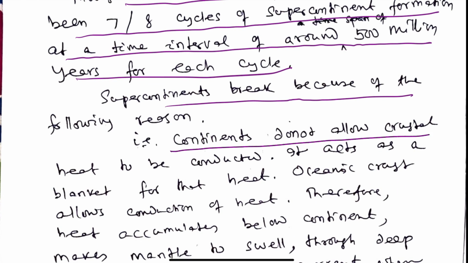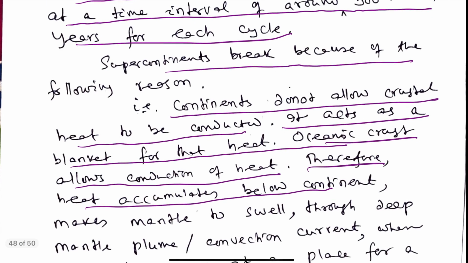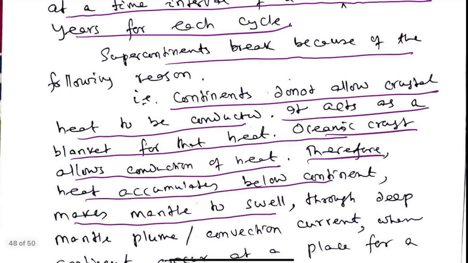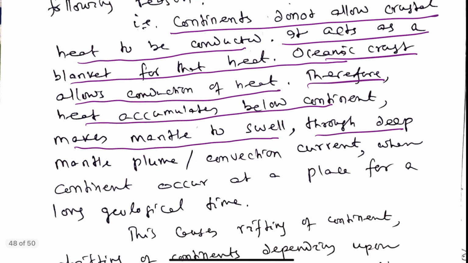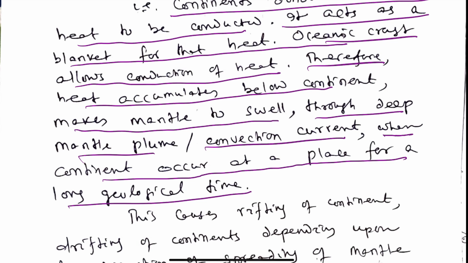The continents do not allow the crustal heat to be conducted. It acts as a blanket for the heat. The oceanic crust allows conduction of heat, but continental crust does not allow this heat to escape. Therefore, heat accumulates below the continents over years, making the mantle swell through deep mantle plumes or convection currents below the continental plates. When continents occur at a place for a long geologic time,